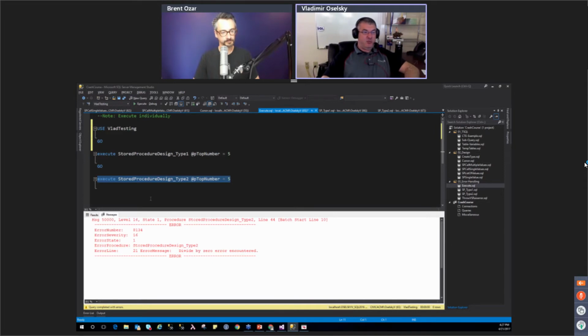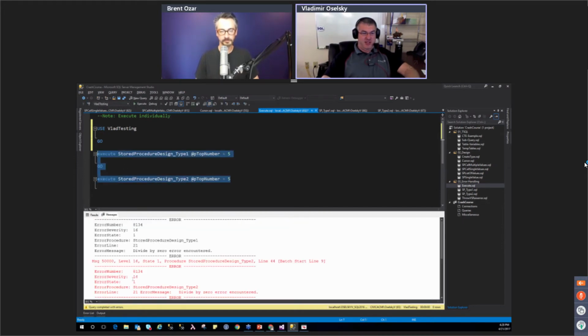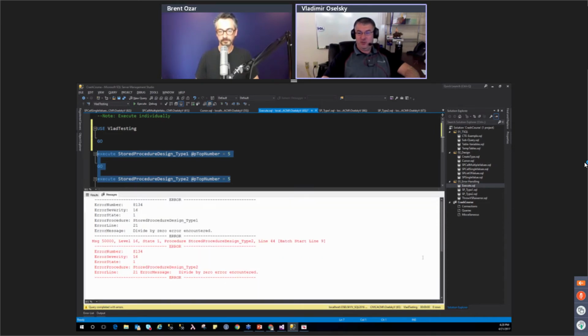When you execute a stored procedure that actually throws an error, there will be additional information sent to the front end. Or even if you're running it from SSMS, it will change tabs for you, so you know right off the bat that there's an error and what it is. Plus you get this nice red text versus just the black text that you get from printing that error message.